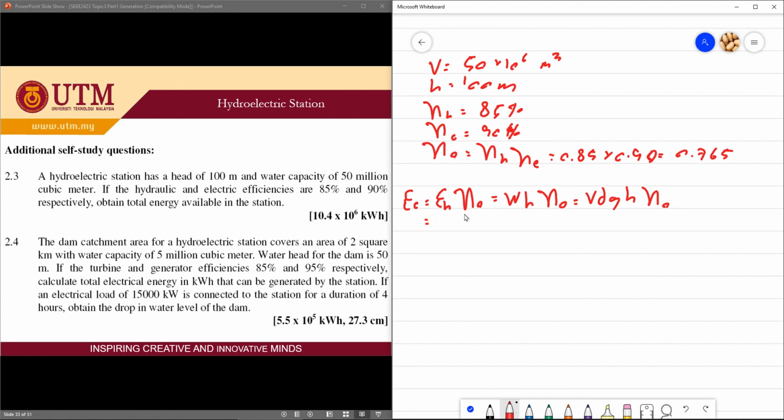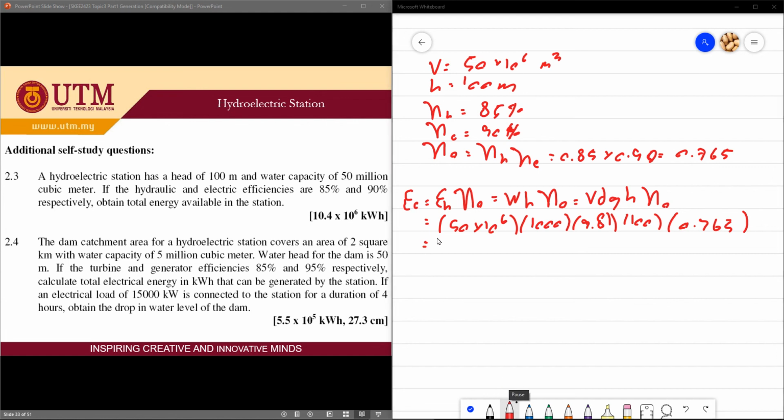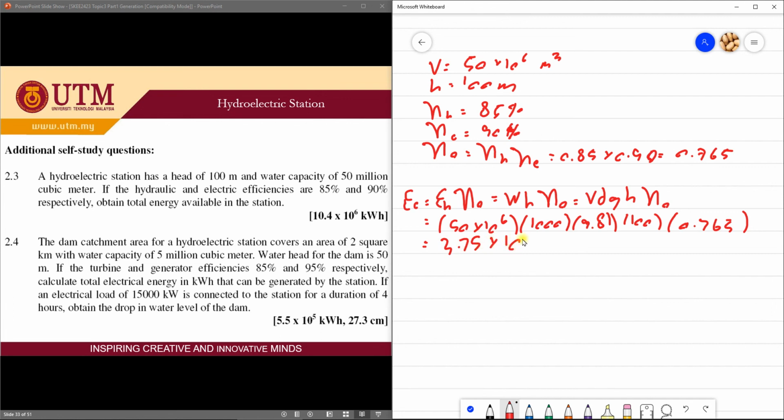Just include everything. So 50 multiplied by 10^6, density is 1000, gravity is 9.81, height is 100 meter, and efficiency is 0.765. You just multiply everything. Let me use the calculator first. So you get 3.75 multiplied by 10^13